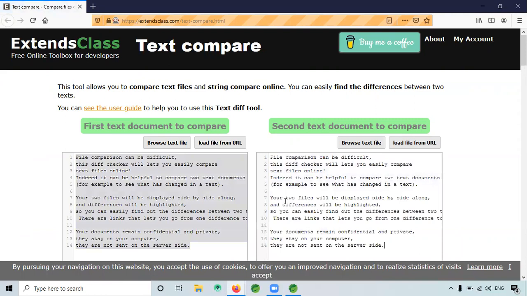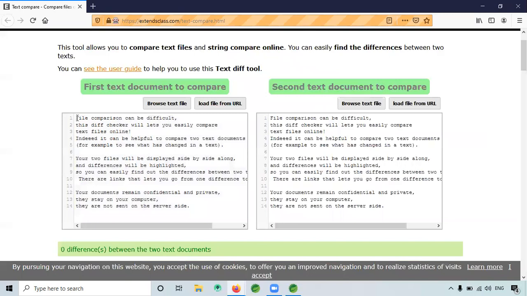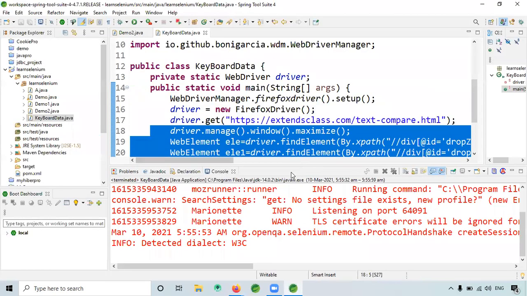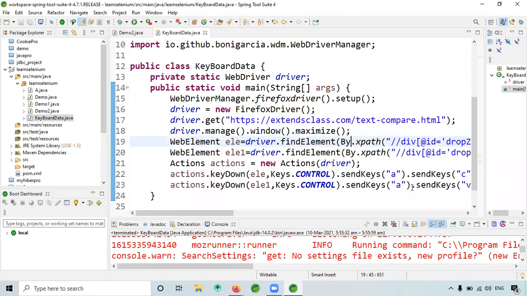Okay, copied and pasted. If you observe, both columns have the same text. Okay, now your doubt is? My doubt was in the second action that has to be performed. We took the XPath of that second box, that I understood.